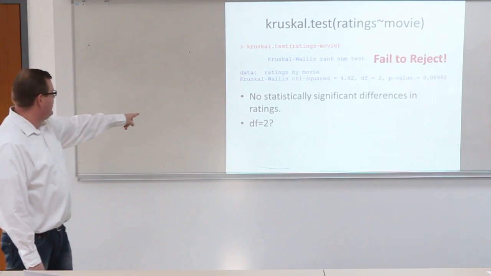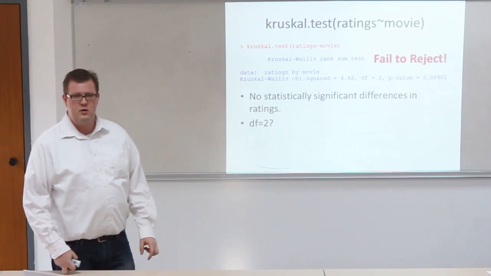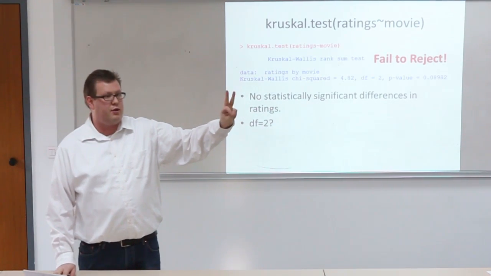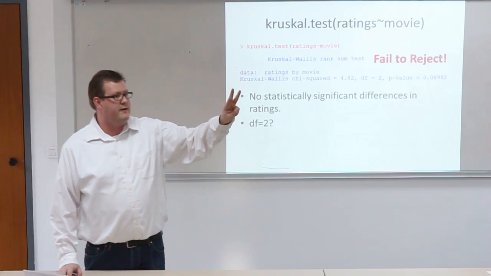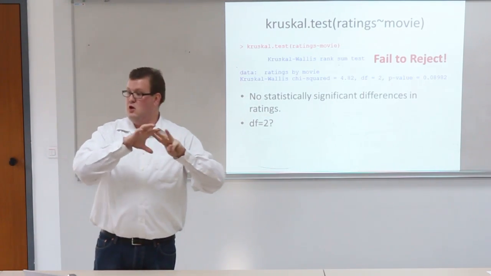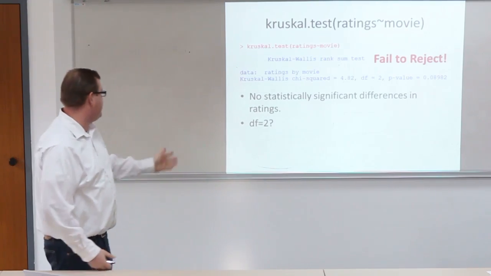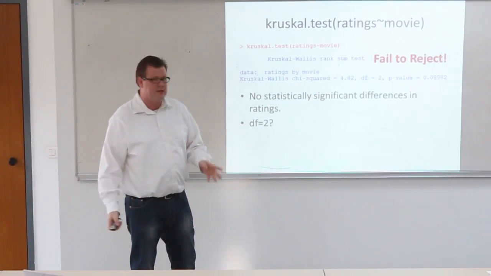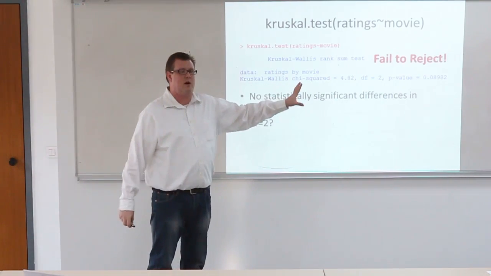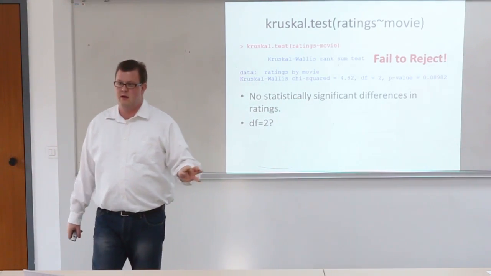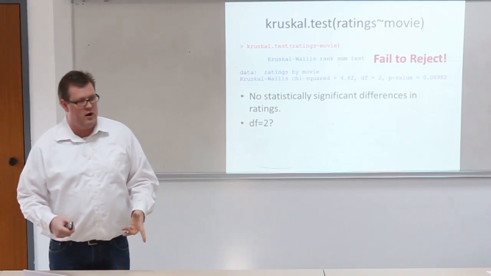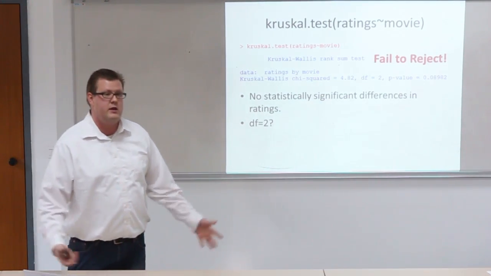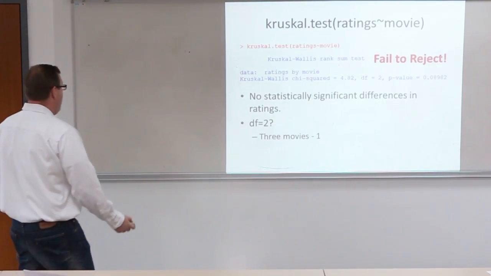How do you think we got this df equals 2? We have 3 movies. That's right. We're interested in differences in the 3 movies. So we have 3 movies. Once we know 2 of them, we know the final one. So we've got 2 degrees of freedom. Finally, we have this thing called the chi-squared. We know what a chi-squared is, but notice that this is not just chi-squared. This is Kruskal-Wallis chi-squared. It's not actually a chi-squared, but it's something that is similar enough to the chi-squared that we can use the chi-squared to approximate. Okay,